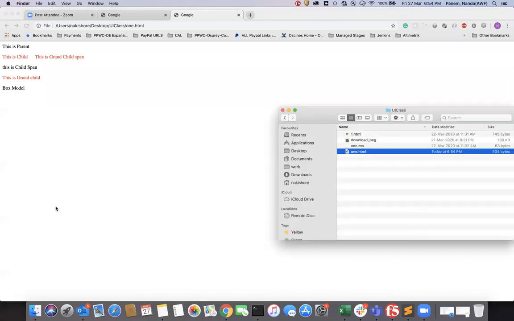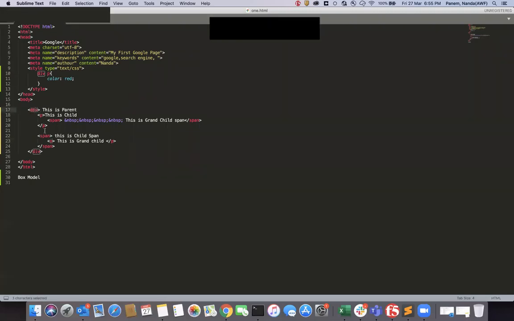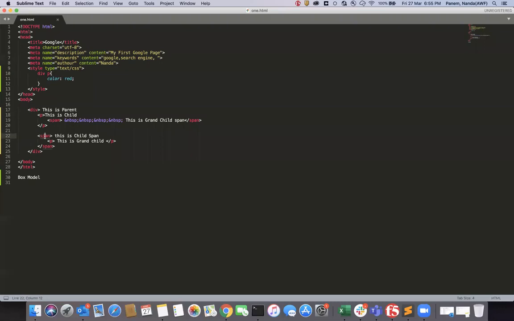So here what I'm telling is there is a concept called parent, child and grandchildren. See here, this paragraph is a child of the div, but this paragraph is a grandchild of the div. There is a div tag and a span tag inside that, and inside that span tag you have a paragraph.